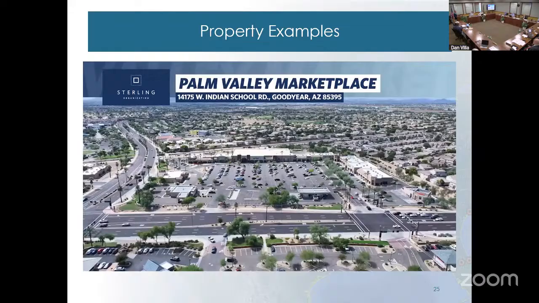All right, on to the next one here, which actually, funny enough, we've put together a kind of food supply chain example for you guys. Inadvertently, we started with the cold storage warehouse, and now we're going to go over a grocery anchor retail center outside of Phoenix. It was 100% occupied as of year-end 25. It's anchored by Safeway. This is in a Sterling United Properties Fund 1. BOI committed $115 million to this fund on July 15th, 2025.